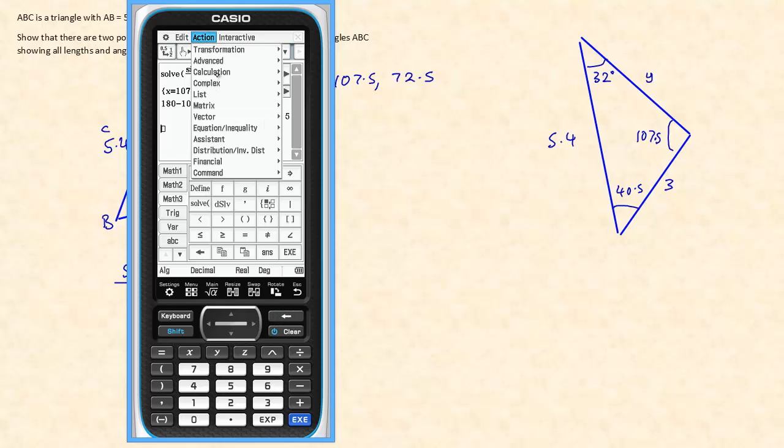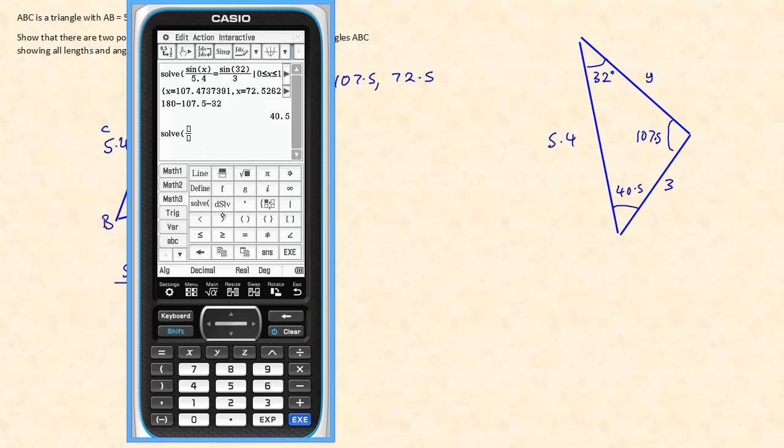So action advanced solve, and I'll put it in as x here, so that I don't have to say given that we're solving for y or anything like that. It'll automatically solve for x. So that's x over the angle opposite that, which is sine 40.5,